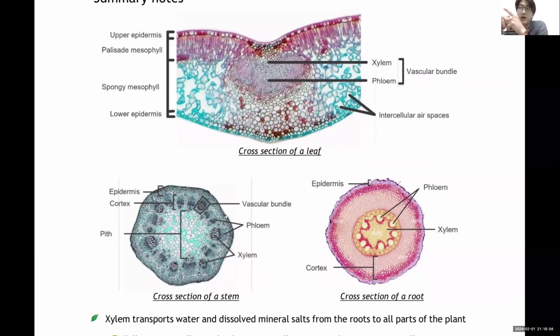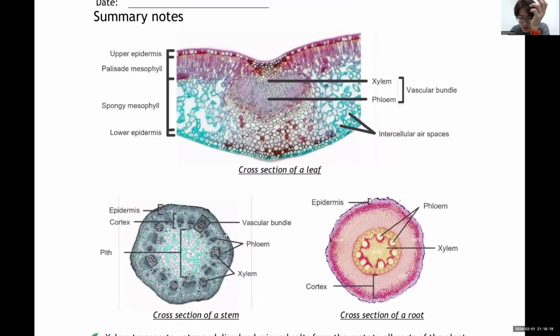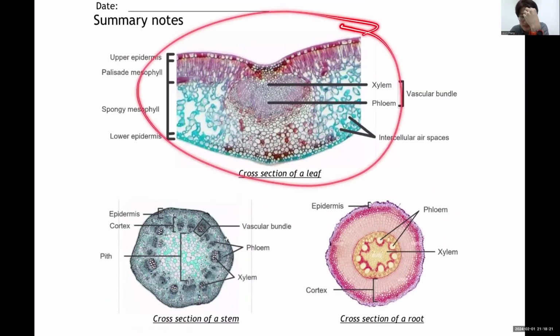So yes, diagrams can be there as well, but these are real photomicrographs. It means the researcher used the microscope, looked at it, put some dyes to color it, then took a picture, and this is what we see. So these are real ones. It's not just drawings. You need to be able to identify it because if you look at this one,